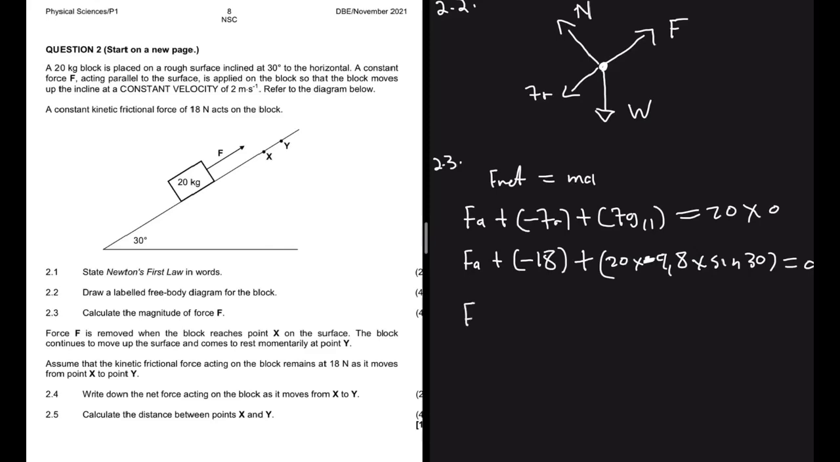So we're gonna have the F applied equals to, I'm taking 18 to the other side, so I'm gonna have 18 plus 20 multiplied by 9.8 multiplied by sine 30 degrees. So if I put that on my calculator, I'm getting 18 plus 20 multiplied by 9.8 multiplied by sine of 30 degrees, which is giving me